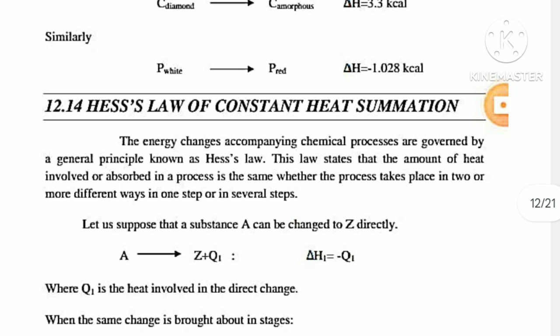Hess's law of constant heat summation. The energy changes accompanying chemical processes are governed by a general principle known as Hess's law. This law states that the amount of heat involved or absorbed in a process is the same whether the process takes place in two or more different ways, in one step or in several steps. Let us suppose that a substance A can be changed to Z directly. A = Z + Q1, delta H is equal to minus Q1, where Q1 is the heat involved in the direct change. When the same change is brought about in stages,